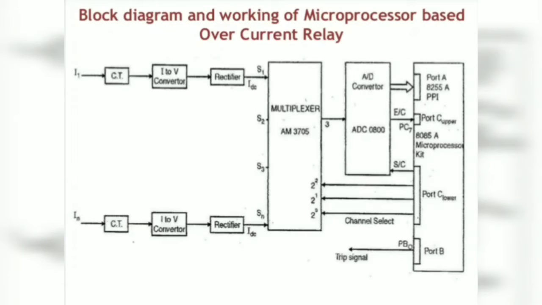First, the AC voltage is converted as per the load current, and then it is given to the rectifier, and after the rectifier it goes to the multiplexer, then to the analog to digital converter. That value is compared with the lookup table which is already in the subroutine of the relay. After that it will decide whether the value is as per the predefined value or above it. If above that value, then the microprocessor gives the trip signal.